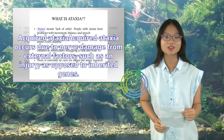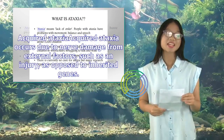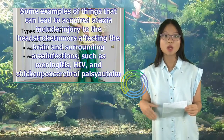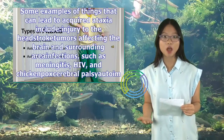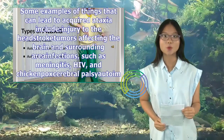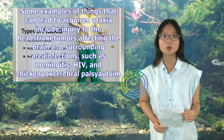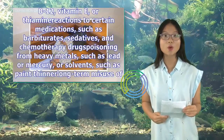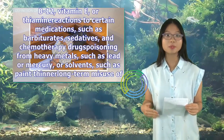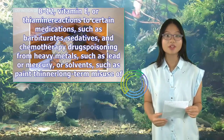Acquired ataxia. Acquired ataxia occurs due to nerve damage from external factors, such as an injury, as opposed to inherited genes. Some examples of things that can lead to acquired ataxia include injury to the head, stroke, tumors affecting the brain and surrounding area, infections such as meningitis, HIV, and chickenpox, cerebral palsy, autoimmune conditions such as multiple sclerosis and paraneoplastic syndromes, and underactive thyroid (hypothyroidism), vitamin deficiencies, including vitamin B12, vitamin E, or thiamine, reactions to certain medications, such as barbiturates, sedatives, and chemotherapy drugs, poisoning from heavy metals, such as lead or mercury, or solvents, such as paint thinner,